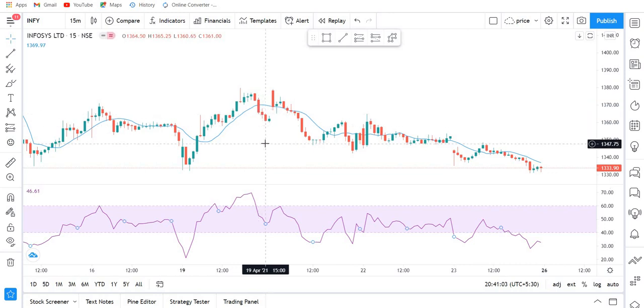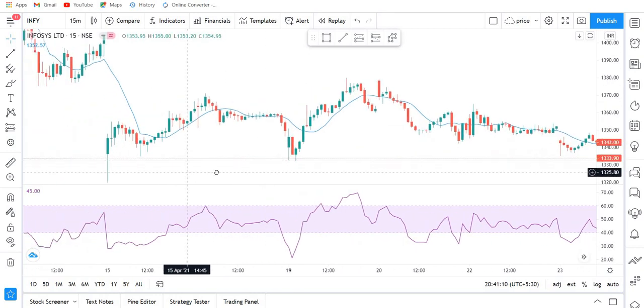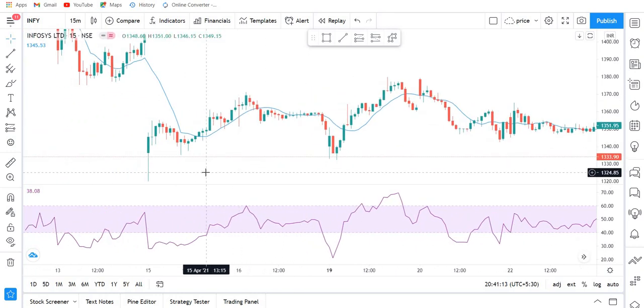Okay, now let me also show you a buy example where you can easily long this stock. I have taken an example here. You can see this candle has closed above the 10 SMA, and RSI is crossing the 40 level from below and going above. So at this level we will be taking entry into the trade. Take entry after the close with SL at the candle low. So this candle low is our SL, and we'll be taking the entry.